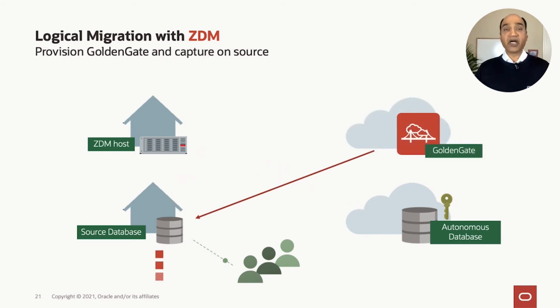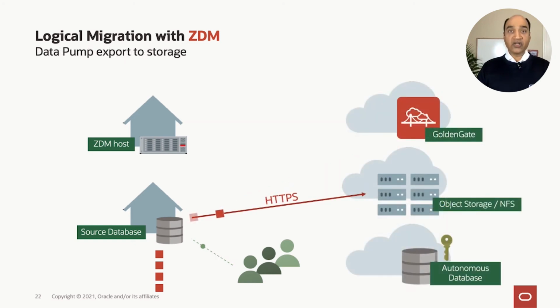Next, you would set up a Golden Gate microservice. Now, this is also very easy to do because it's readily available in the OCI marketplace. All you have to do is go there and deploy the microservice from there. Once you point ZDM to it, it knows how to configure Golden Gate so that it can pick up the trail files from the source database and then apply them on your autonomous when needed. So the entire orchestration is done by ZDM. All you do is deploy autonomous database, deploy Golden Gate, and then you configure ZDM and give it the information it needs to connect to these systems, including your source database.